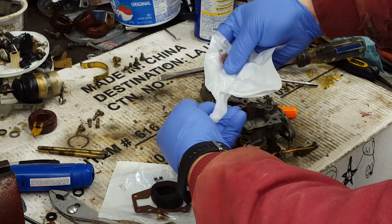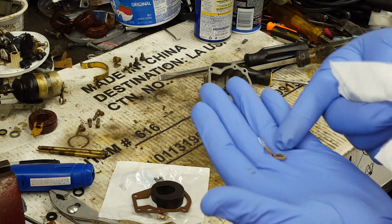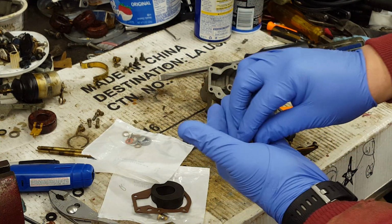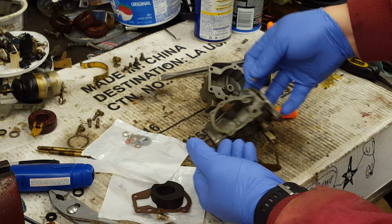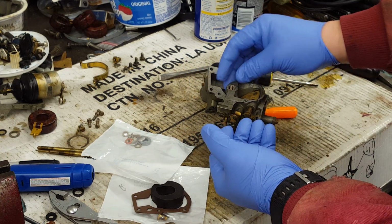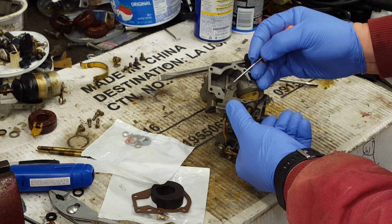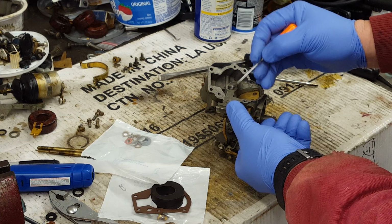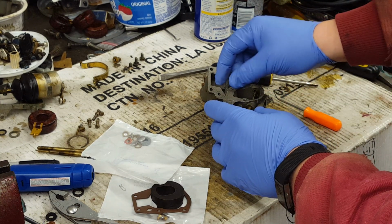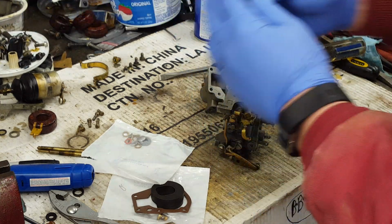Let's get the packing washers out. Little fiber washers and the plastic one. This will take 2 fibers and the plastic one in both the body and the bowl. So we'll take the 2 fiber washers and set them in, bottom them out so they're nice and flat. Take the plastic one, lay it on top,